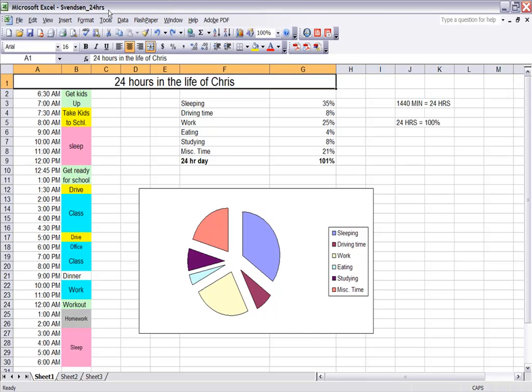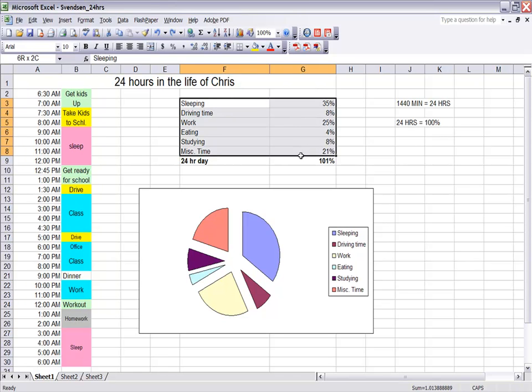This exercise can be a little confusing, so watch the video again. Notice how I did my calculations here. Okay, it's very important. And then remember, when we go to chart our day, only select the activity and the percentages to set up the chart. If I try to set this up, and let me show you what's going to happen. If I try to set this up,